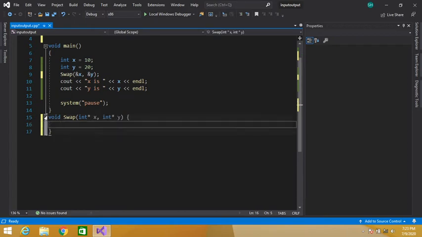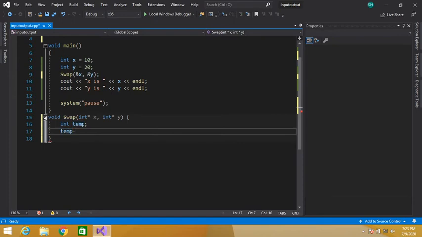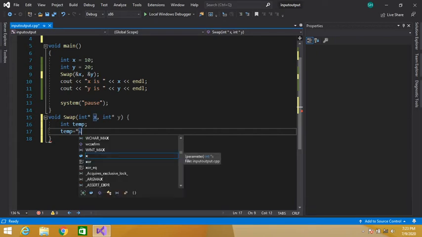We have to swap the values of x and y. So we will declare a temp variable. temp is equal to the dereference operator, because we are dealing with its value, not with its address. We have to place the value of x in the temp variable.